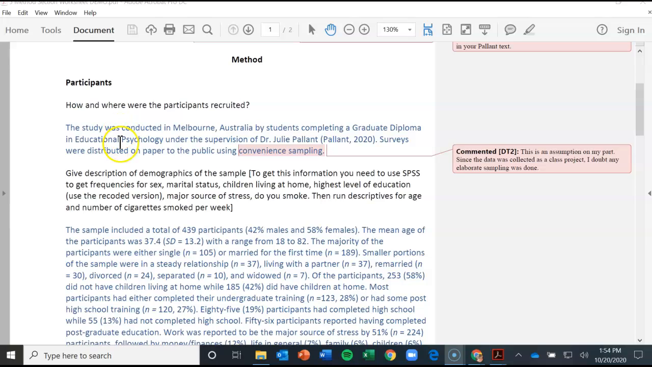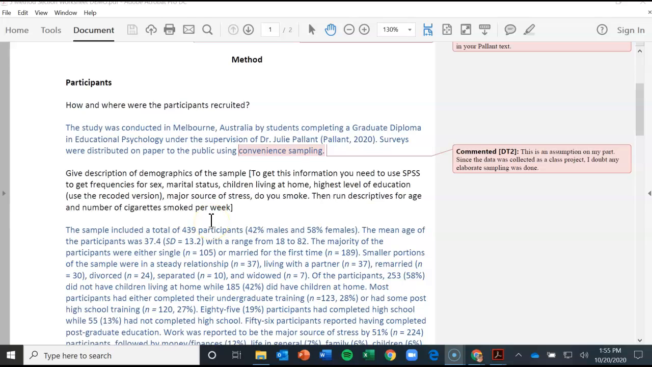The first question you're going to want to answer in writing your paragraphs for the method section is, how and where were the participants recruited? Now, Pallant in her text doesn't give you a tremendous amount of information here. So basically, that the participants were members of the general public in Melbourne, Australia. You know that